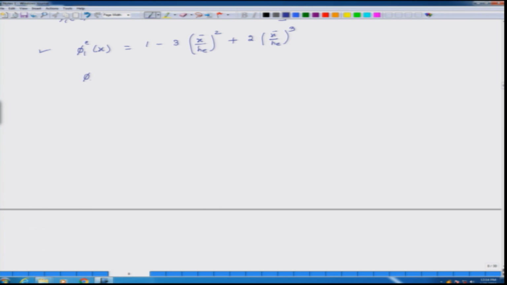So, this is for each element is minus x bar, 1 minus the whole thing square, phi 3 x bar equals 3